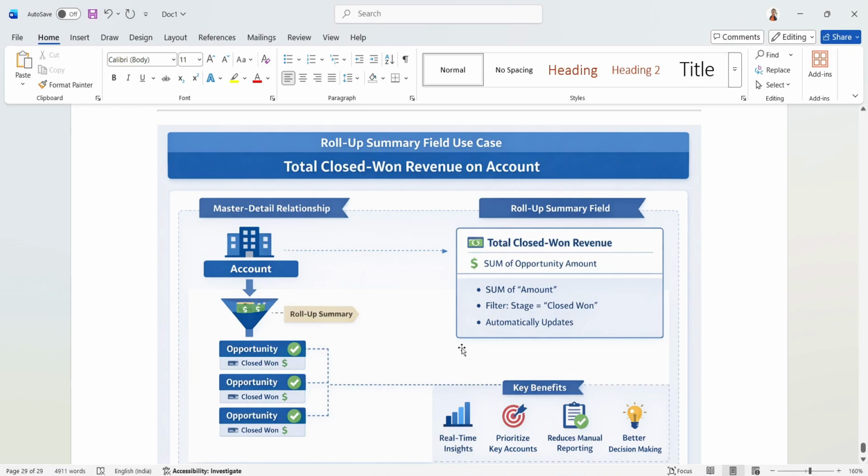Hello friends, today we are going to talk about the roll-up summary field in Salesforce. A roll-up summary field in Salesforce automatically aggregates data from child records, that is the detail records, to a parent record, that is the master record, in a master-detail relationship. It performs calculations like count, sum, min or max, providing real-time insights like total opportunity amounts or child case counts